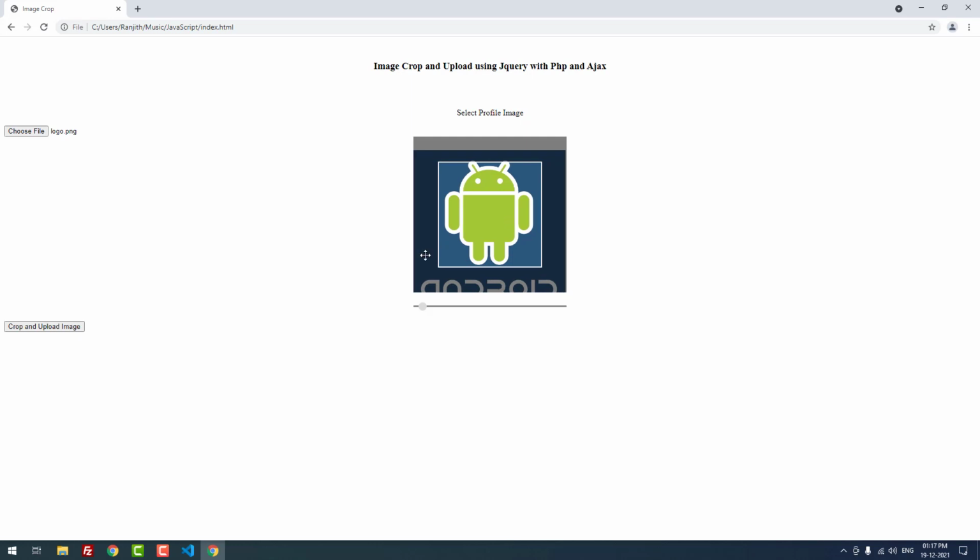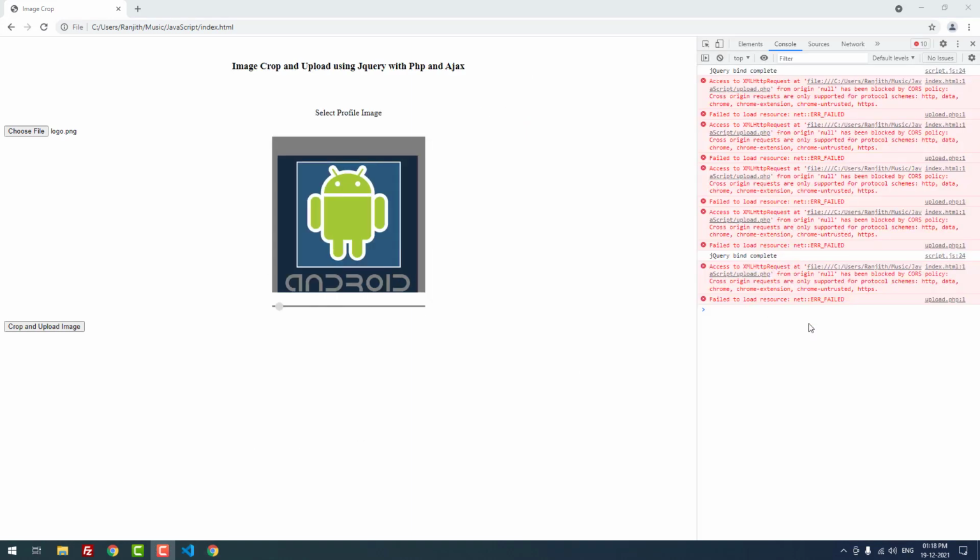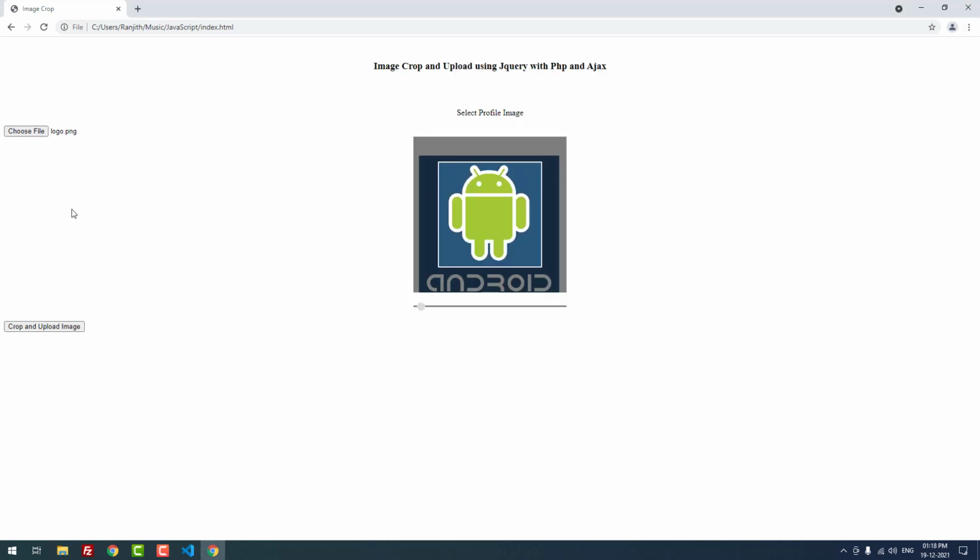Right, I can move the image like this. Actually I found the solution. We are running it on localhost, right? So C colon users Ranjit Music, but if you upload the same script to a live domain with the HTTP protocol, then it will work. Now it is not working because of this CORS policy only. To fix that, you have to upload the code to a live domain.